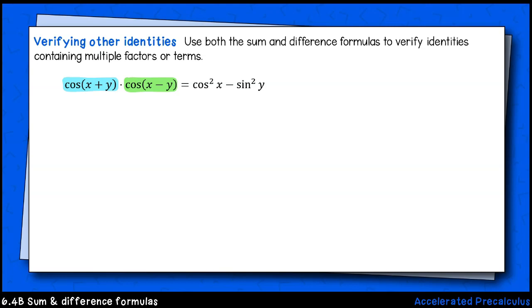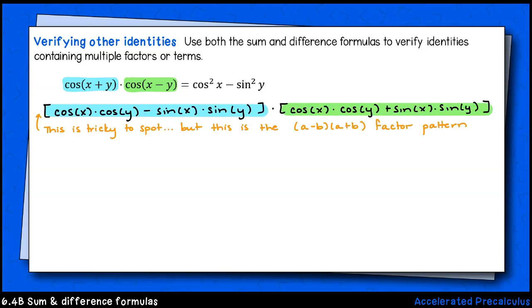Let's verify a different identity. Once again, I'm going to use the sum and difference formulas to transform the left-hand side to look like the right-hand side. I've got a product of a sum and a difference here, so I'll end up using both formulas. Let's start on the left-hand side. Note that I've highlighted the first factor in blue and the second factor in green. I'm going to expand each using the sum and difference formulas respectively